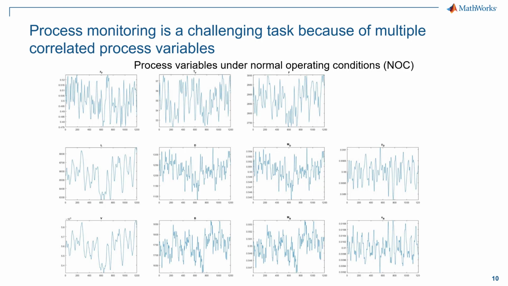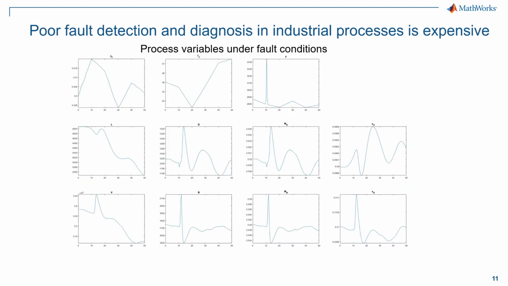Most process variables are correlated, so it is very hard for a process engineer to determine which process variables are the most important ones. Also, while we do have feedback controllers at most plants, they cannot compensate for many types of disturbances.